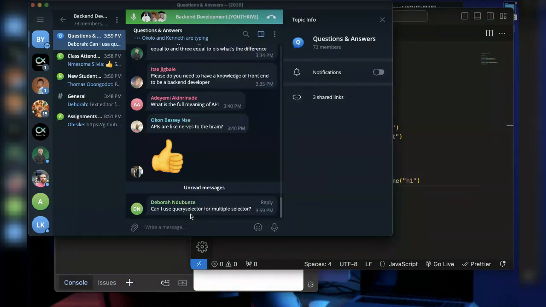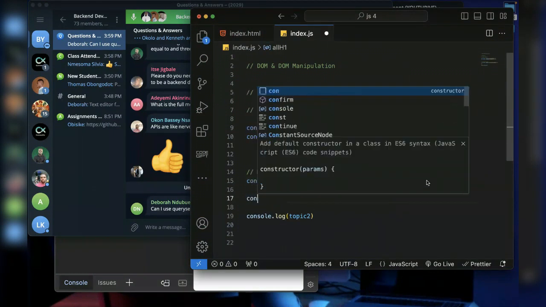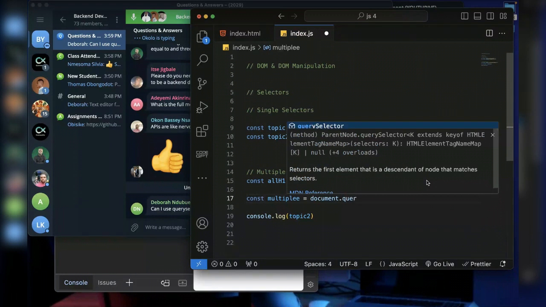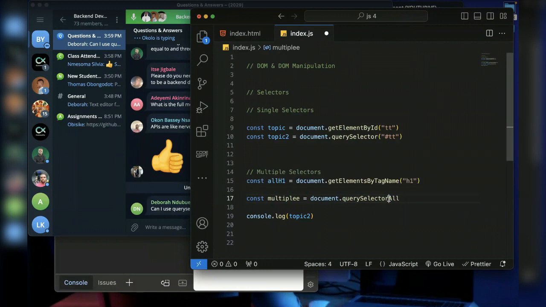Yes, we can use query selector for multiple. So if I come here and I say const, I just call it multiple like this, and say document dot query selector, but this time it will be query selector all. So instead of single query selector, we use query selector all.